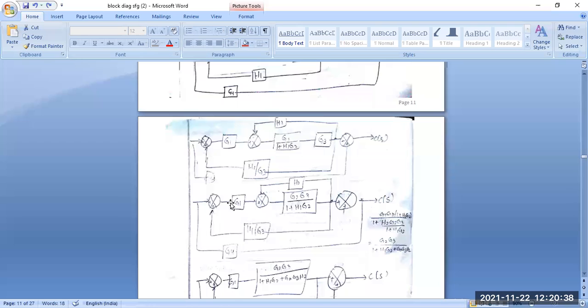So these are basically the same thing, G1, then H2, G2, G3. These are basically G2 and G3. It is a cascading format, because you have to apply this block and this block. It is a cascading format. It is easily calculated. That is G2 G3 by 1 plus H1 G2. It is calculated in one step. Next step, we have to calculate another one according to the feedback loops also. And these are basically the same thing, we have G4. These are the other terms also.